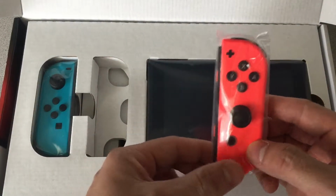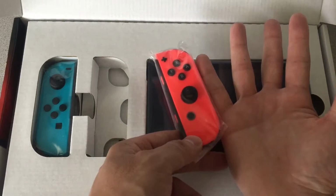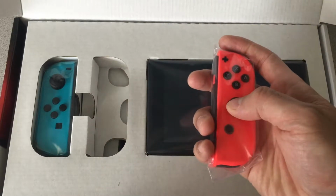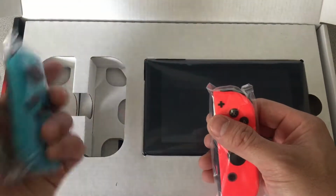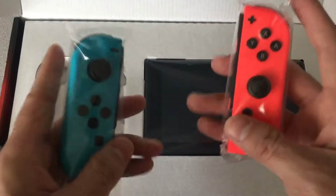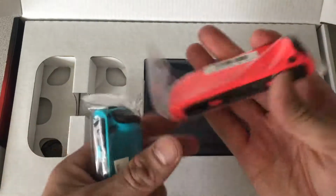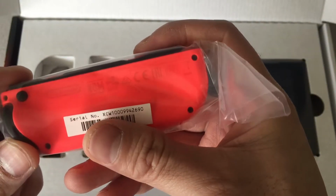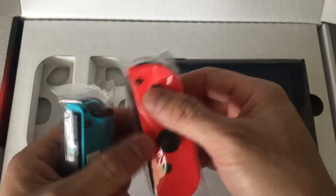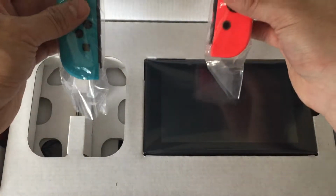Wow, guys, this is tiny. My hands aren't that big, but if you can see that, it's almost the size of my pinky here. And now you can actually press the joysticks. So these are called Joy-Cons, and this is the blue one and the red one. Do not lose these. These are about 50 bucks a piece, and about 80 bucks if you buy them together. And as you can see here, it says Nintendo and has all these other markings. Another thing you don't want to do is mix and match. So you know this one's plus, that one's minus. So left and right. And I like the color because it makes it easier to...